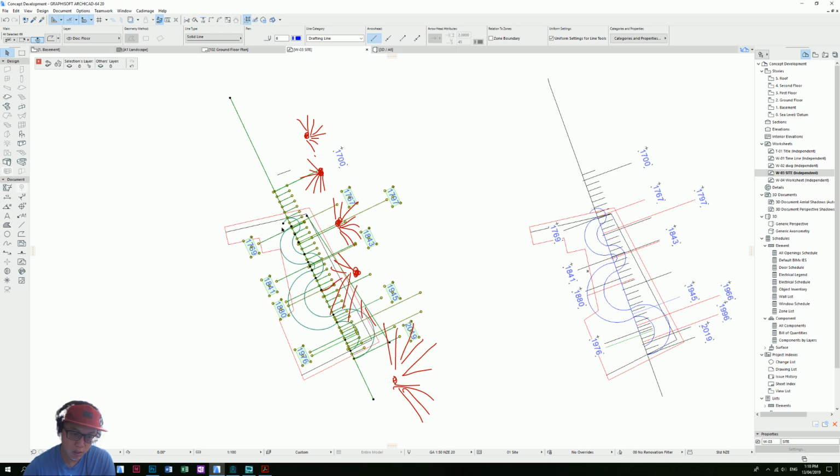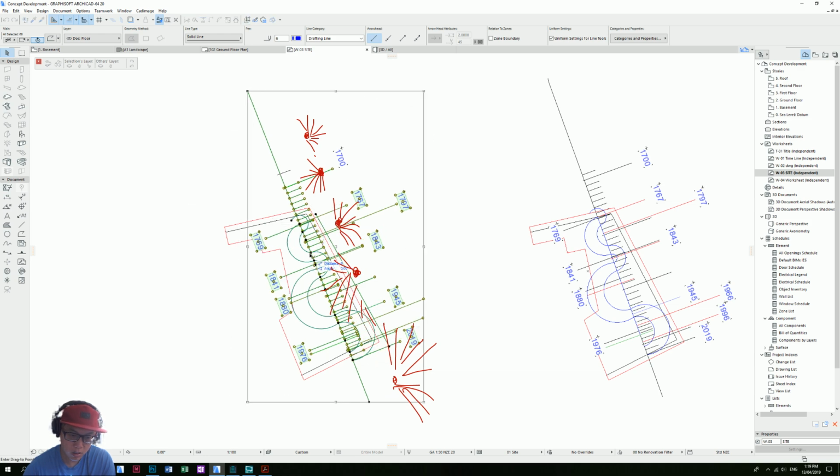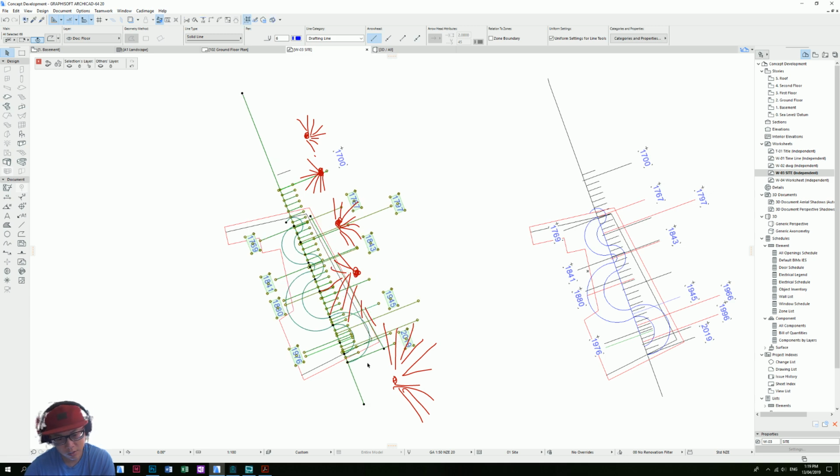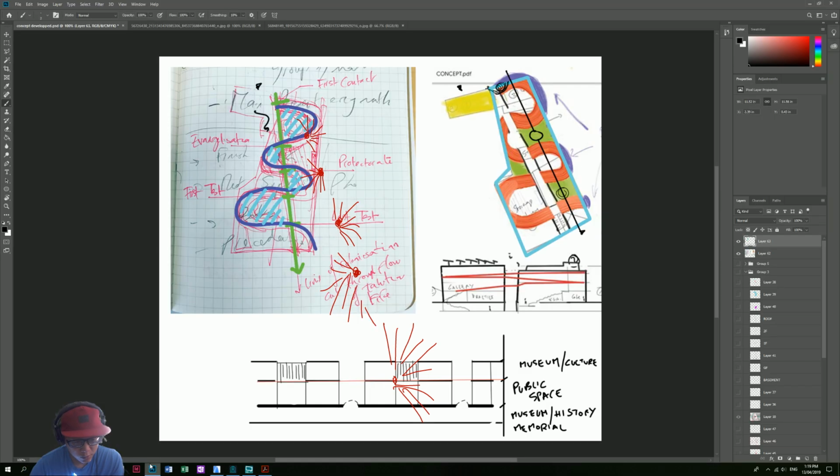So I have 1 here, maybe I move that here. So I have 1 there, here, here. Anyway, we'll see. Let's go back to Photoshop,